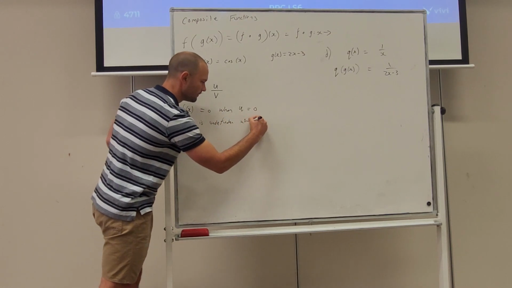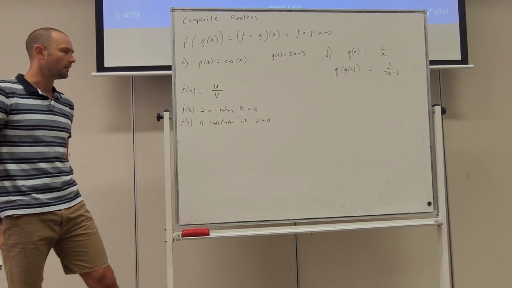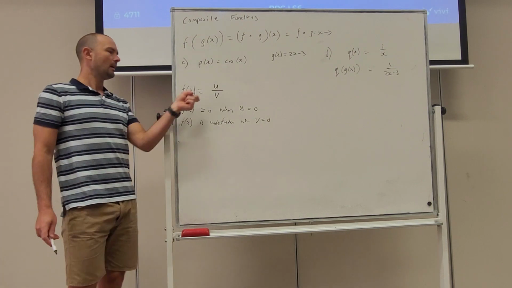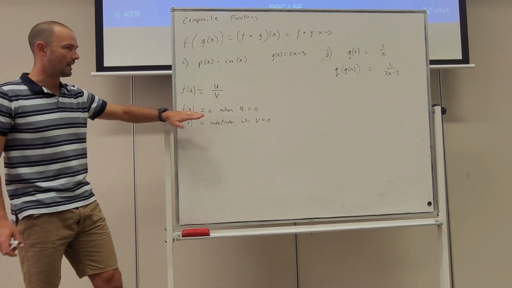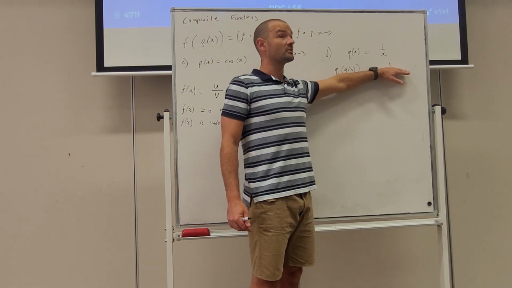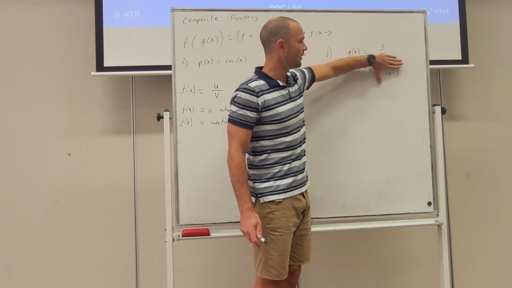when v equals 0. Very good. All right, so that's going to pop up definitely in methods at the moment, going over the quotient rule, and it's assumed knowledge from now on. So that means this function's roots occur when 1 equals 0. It has no roots. It's never going to equal 0, but it will be undefined